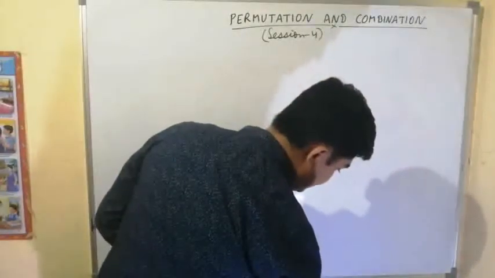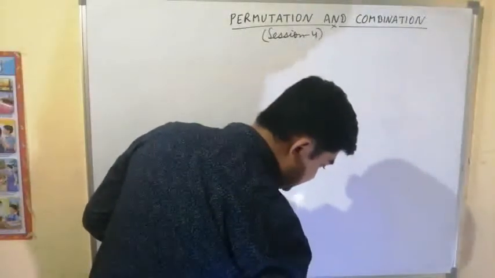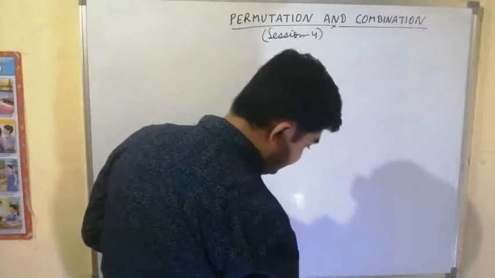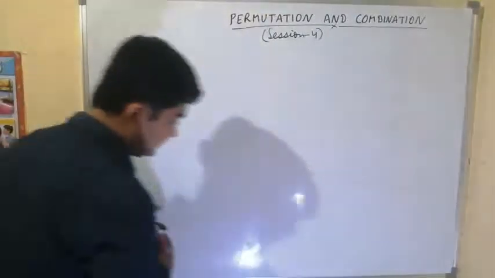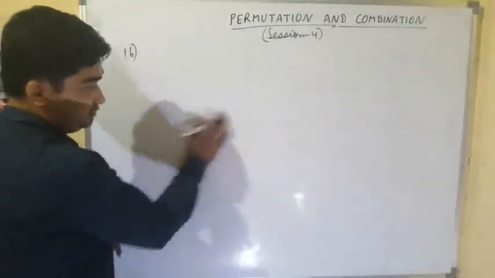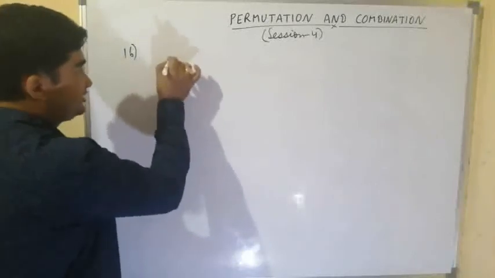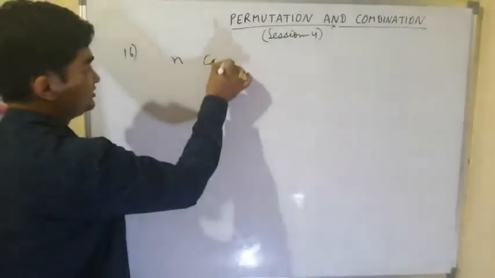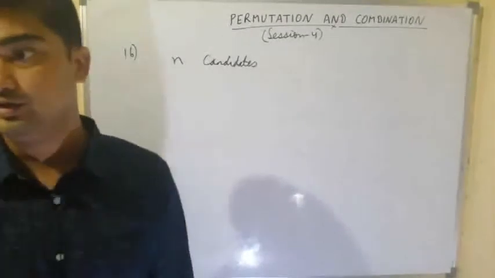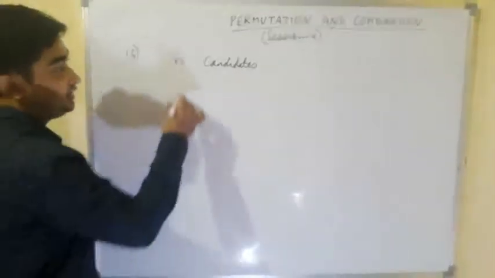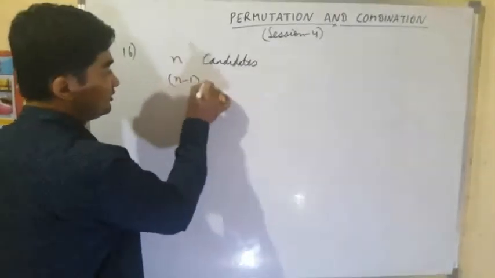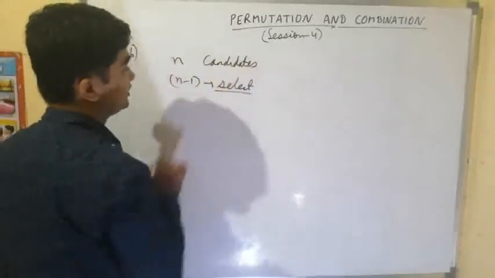which is question number 16 in that exercise. It is given that in an election the number of candidates is one greater than the persons to be elected. If a voter can vote in 254 ways, the number of candidates is dash. Let us say there are n candidates in a particular election, and we have to select n minus 1 candidates out of these n candidates.